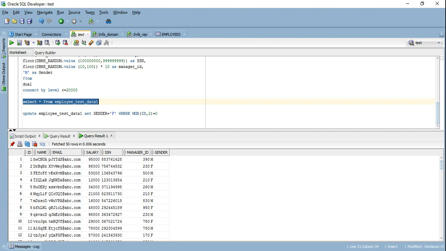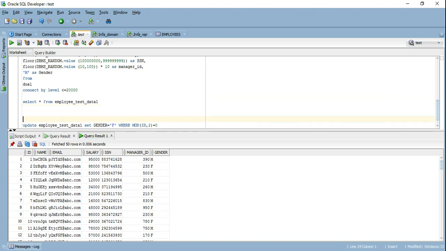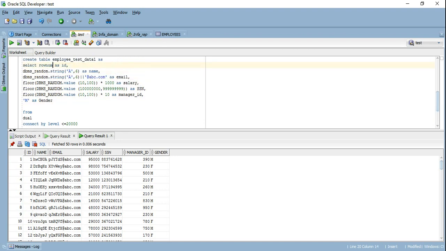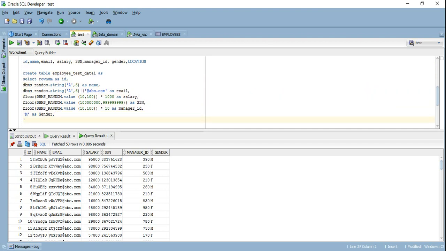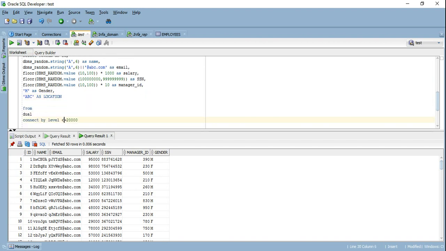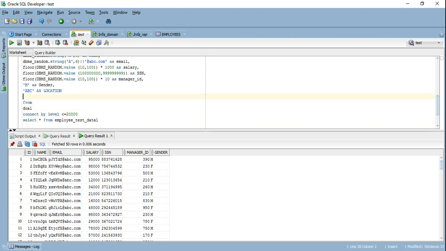And say we have a foreign key constraint. This table, say I have to add another column which is location. So I hard coded the value and I gave it a random value.